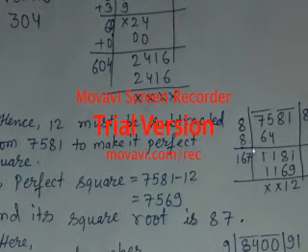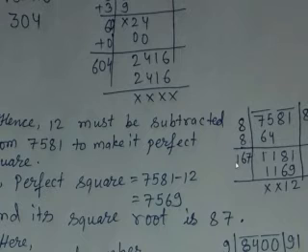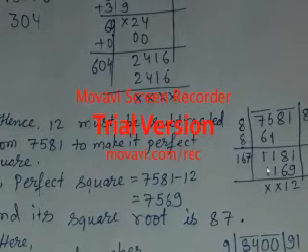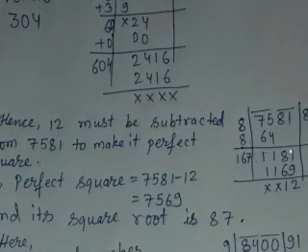Because when you go on multiplying by keeping 5, 4, 6 or 8 over here, you will find that it is bigger. So 7 is the perfect number. You can see over here I had made 7 7s are 49, carry 4, and then 7 6s are 42 and 4 is 46, carry again 4, and 7 1s are 7 and 4 is 11. If you keep 8, of course it will be bigger. Now from 11, 9 is subtracted, leaving 2, and from 7, because 1 has been given as carry, 7 minus 6 is 1.